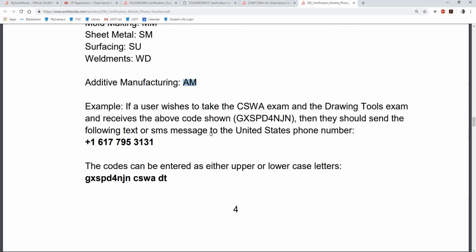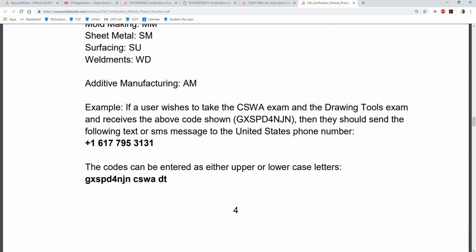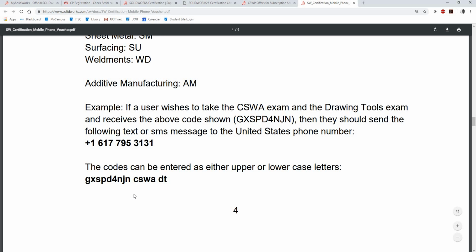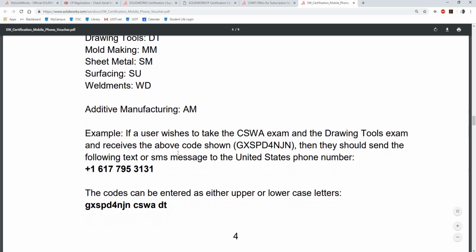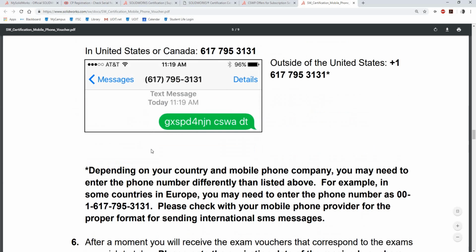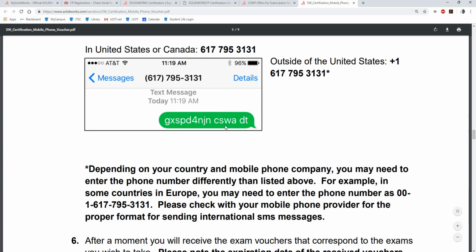So what you're going to have to do is take your code that you got from the previous page, the invitation code. You're going to put a space, and then you're going to write down which exams you want to take. If you want to write one exam, you just write down one. If you want to write two, you put a space and you write the other one. Now you're going to send this text to this number